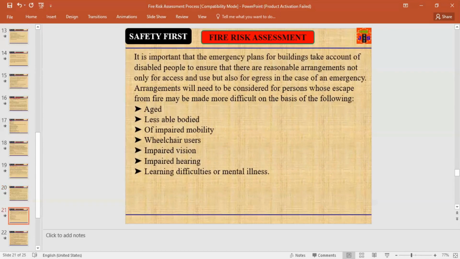Dear friends and fellows, it is important that the emergency plans for buildings take account of disabled people, ensure that there are reasonable arrangements not only for access and use, but also for egress in the case of an emergency. Arrangements will need to be considered for persons whose escape from fire may be made more difficult on the basis of following factors: aged, less able bodied, of impaired mobility, wheelchair users, impaired vision, impaired hearing, and learning difficulties or